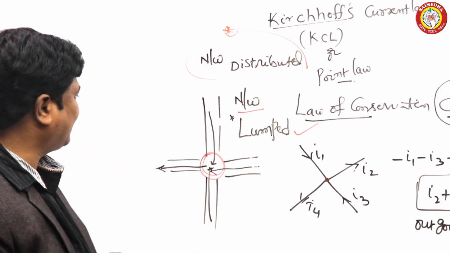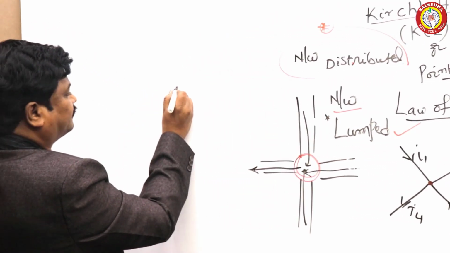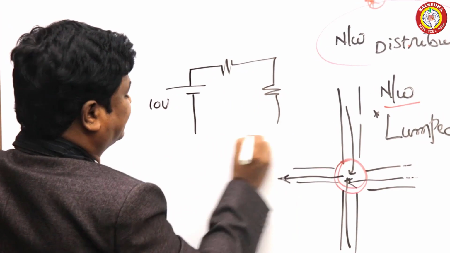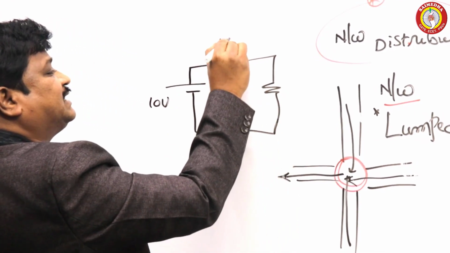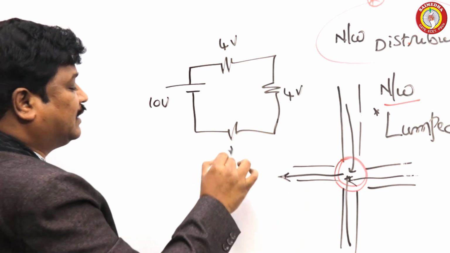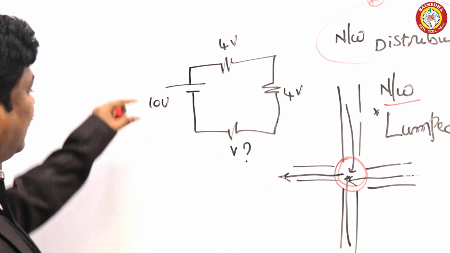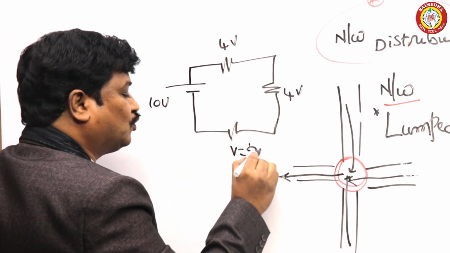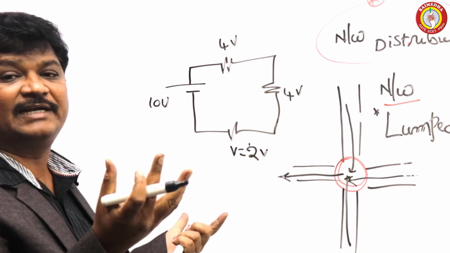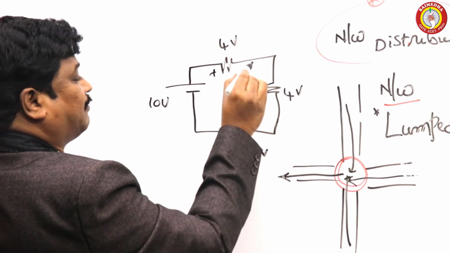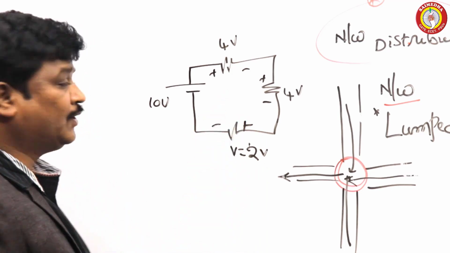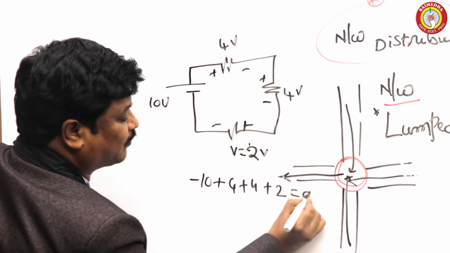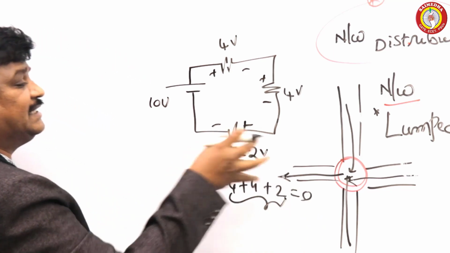So simply I will ask one question for you. For example, we have some voltage source of 10 volts here. Some resistance is here, some resistance is here, some resistance here. Some voltage is 4 volts here, some voltage is 4 volts. Then what is the voltage here? Easily we can tell. If our source is 10 volts, drop must be equal to 10 volts. Hence, this should be 2 volts, since 4 plus 4 plus 2. Plus, minus, plus, minus, plus, minus. If you take, what is this voltage? Minus 10 plus 4 plus 4 plus 2 is equal to 0. All these are drops, which are equal to the source.